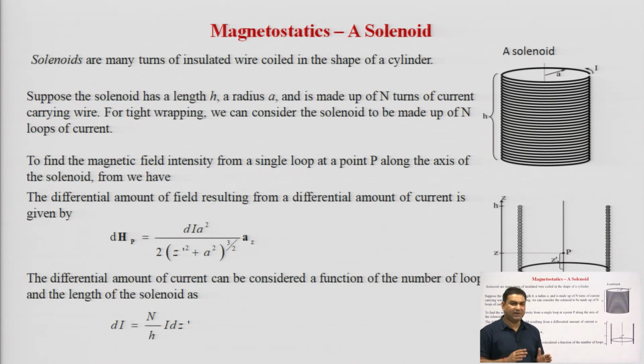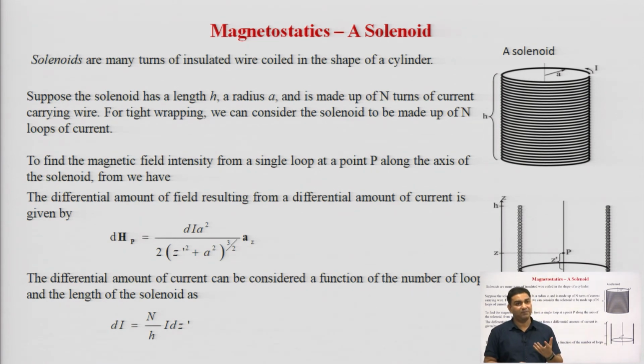For getting the magnetic field intensity for a solenoid, suppose the solenoid has a length h and a radius a, and it is made up of n turns of current carrying wire. For tight wrapping, we can consider the solenoid to be made up of n loops of current. To find the magnetic field intensity from a single loop at a point P along the axis of the solenoid, we have